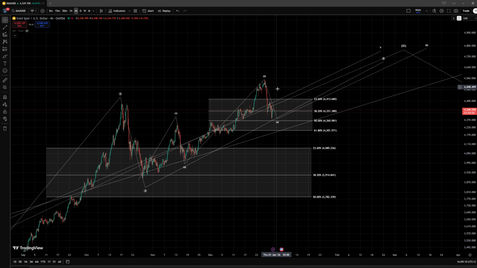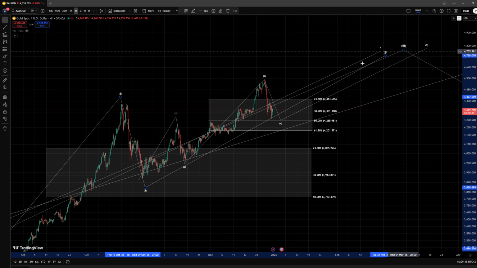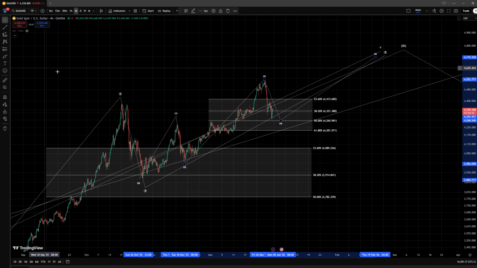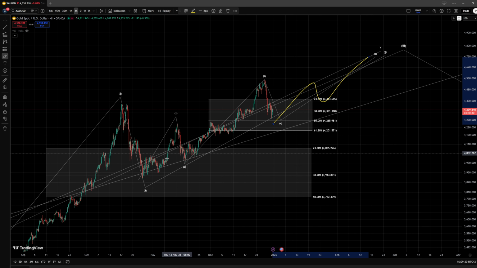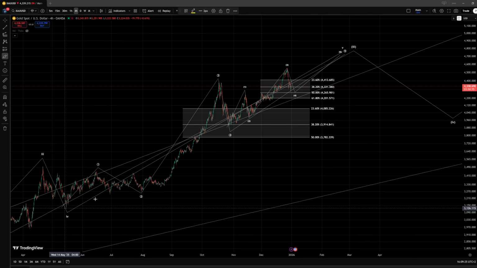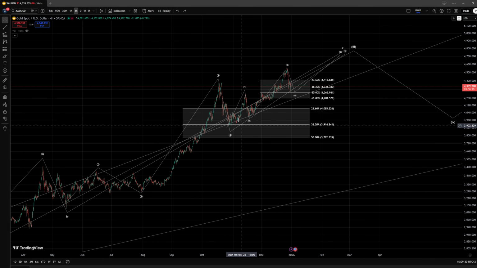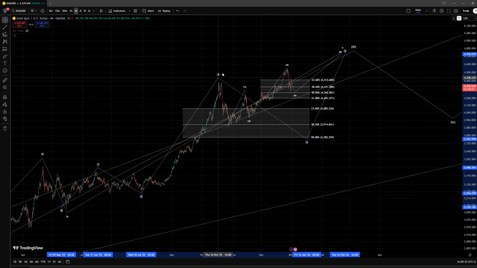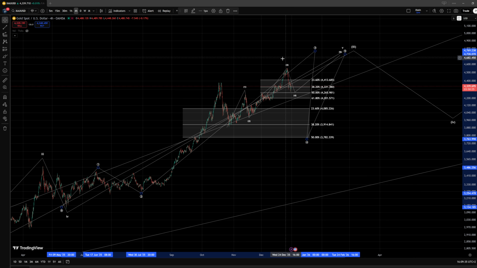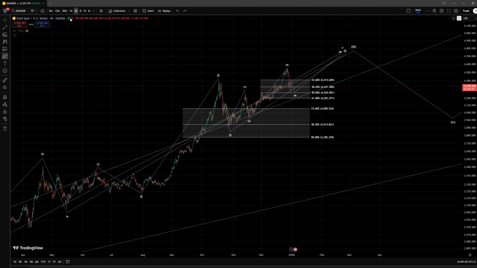Now in that idea, I am expecting, once this correction in the wave 4 is done, to continue in this overall uptrend to complete the larger wave 5 in another ABC movement, once which we would have a more significant top. Now, could that be this entire movement done? Yes, it could, but I am also heavily considering that this would be still part of this wave 3 to the upside, that we may actually get an extension. So I will be tracking, once it is done, even an internal extension within this structure to the upside. And for now, there isn't much to be said within this time frame.